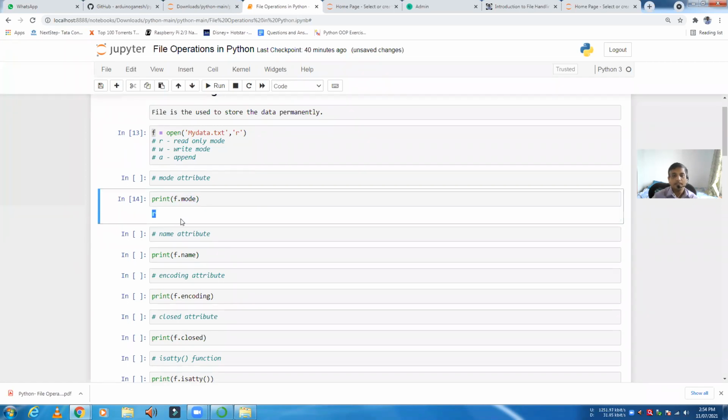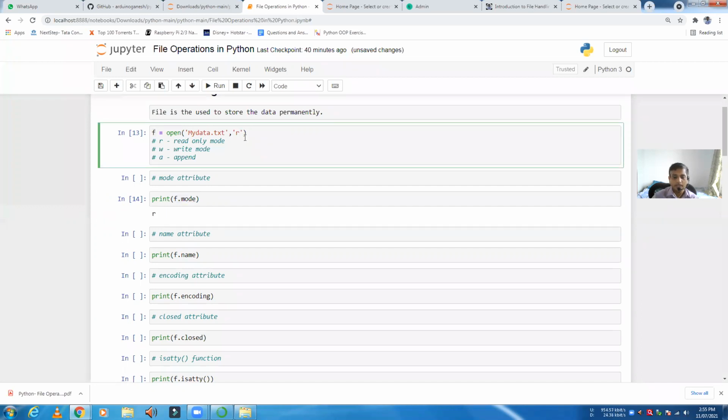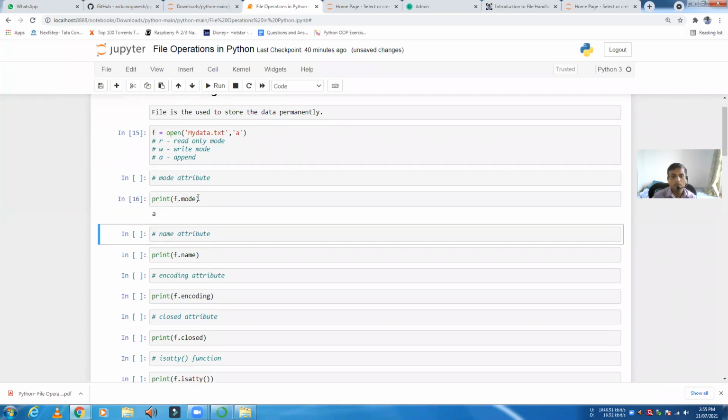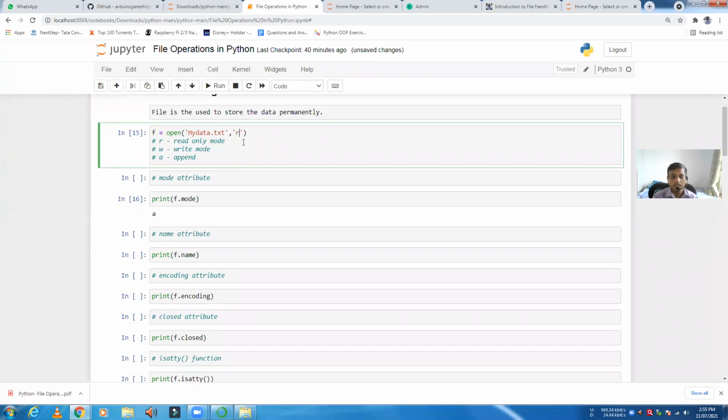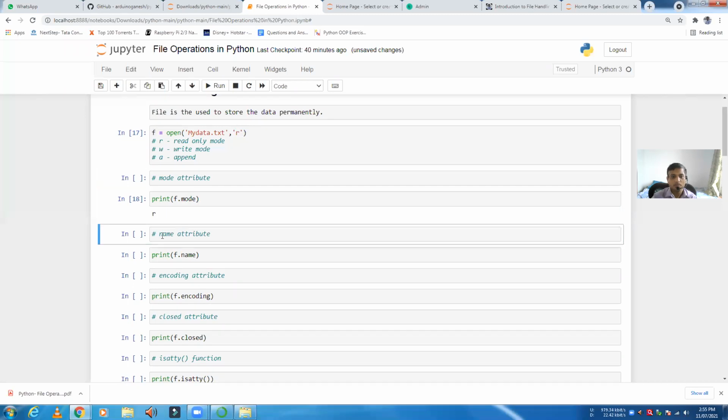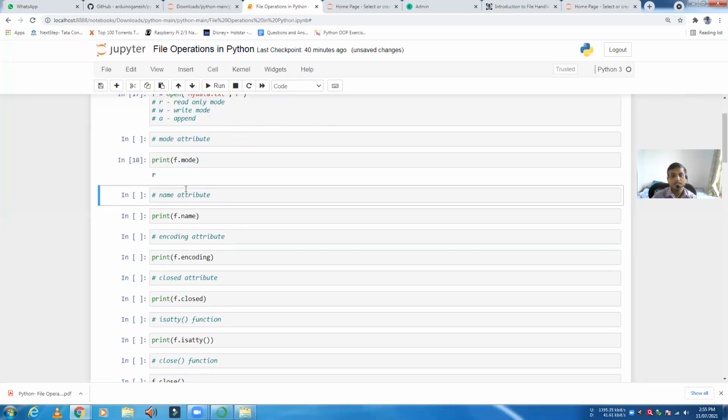It will return the mode in which that particular file has been opened. Suppose आपने यहाँ पे append mode किया, then f.mode is append mode. अगर R mode किया है, then f.mode is R. Getting that? So this is the attribute.